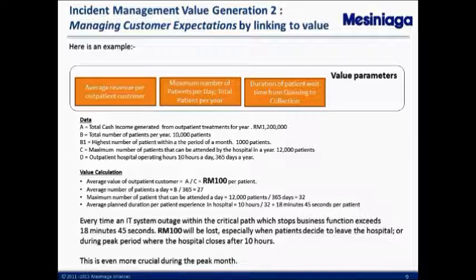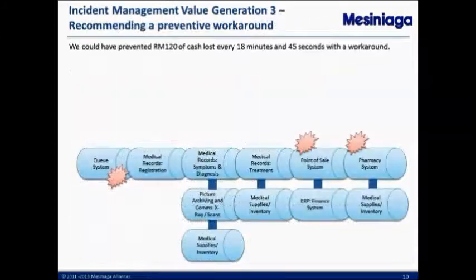from start to end of the outpatient business process. Whenever any IT system goes down, which slows down the critical path of the business process, exceeding 18 minutes 45 seconds, 100 ringgit will be lost. We could have prevented this failure of 100 ringgit every 18 minutes and 45 seconds if we have a fast enough workaround. And therefore, these are some of the ideas that you can do as a preventive measure to generate